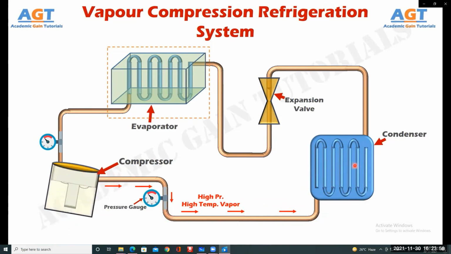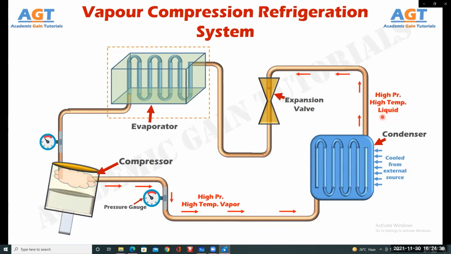Here, we have a condenser. When high temperature, high pressure vapor refrigerant enters this cold condenser, the condenser absorbs the heat from the vapor refrigerant and completely converts it into liquid. This condenser can be water-cooled, air-cooled, or cooled by any other substance from an external source, which will liberate the latent heat of the vapor coming into the condenser, and thus condensing keeps happening. So, in easier words, the condenser changes the incoming high-temperature, high-pressure vapor refrigerant into liquid state by changing its phase. Here we had vapor coming in, and now we have liquid refrigerant going out, so the phase is changed.